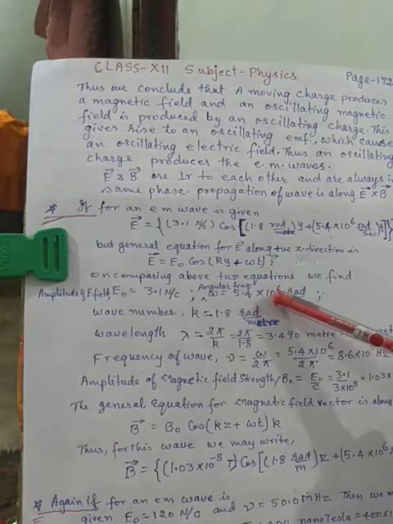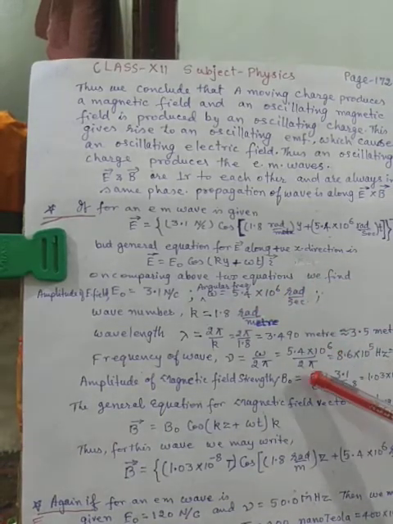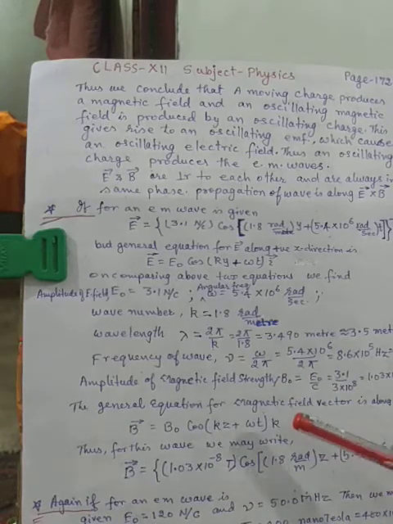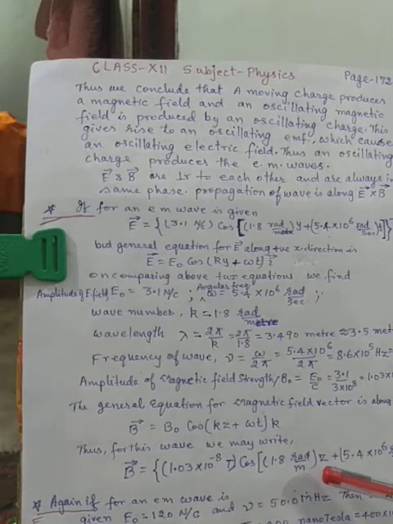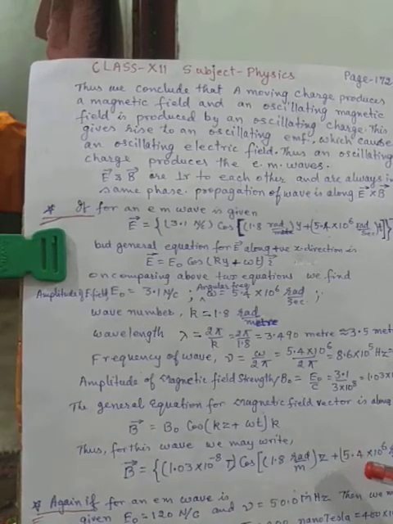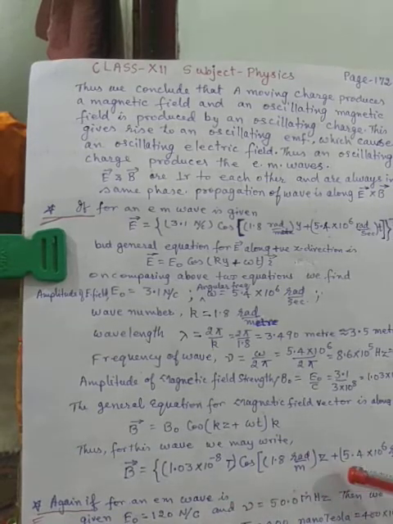You see, we have calculated omega is equal to 5.4 into 10 power 6, and that value is placed here into t. So